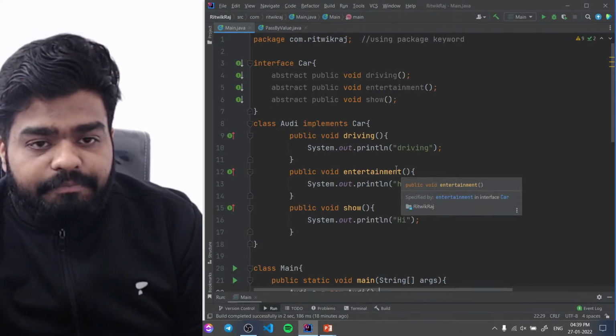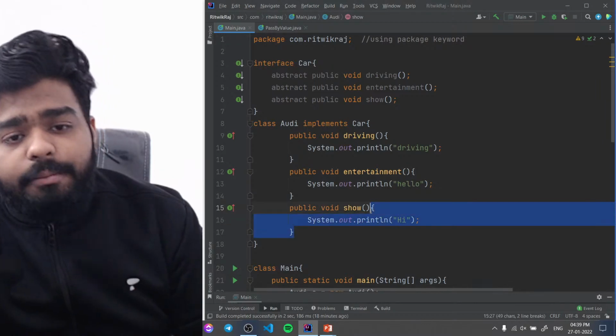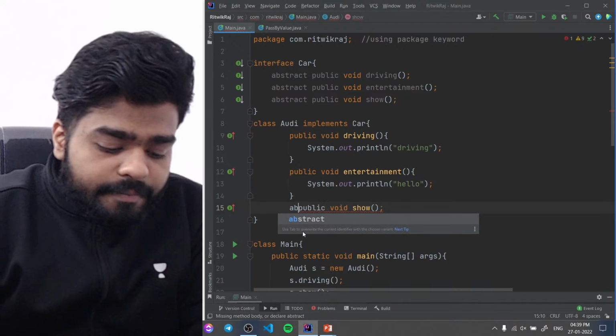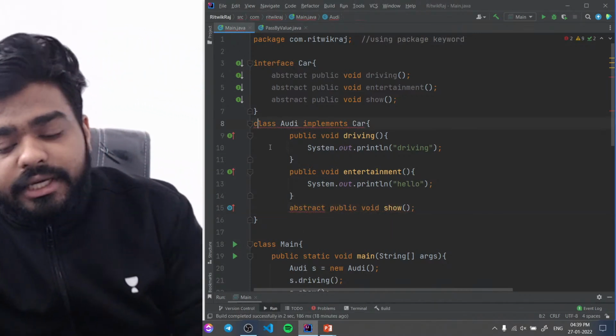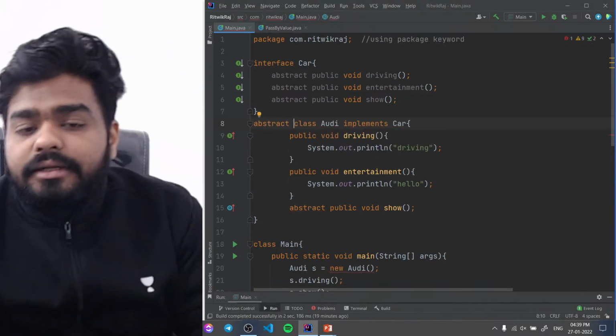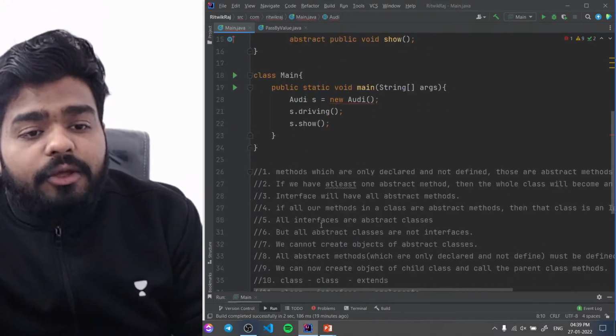Fine. Now understand. Suppose that this show method is not defined here. पहला क्या होगा, ये हो जाएगा abstract. अब ये अगर abstract हो गया तो ये क्या हो जाएगा, abstract. कोई एरर आ रहा है, नहीं आ रहा है, क्योंकि हमने रूल्स फॉलो किए।